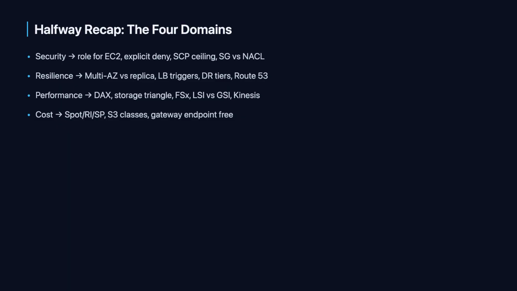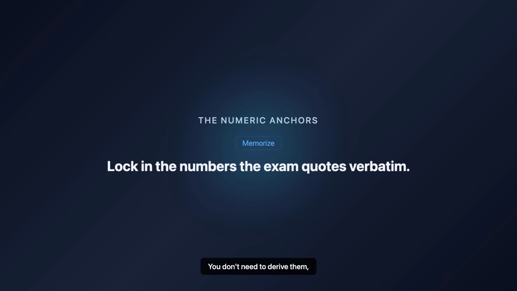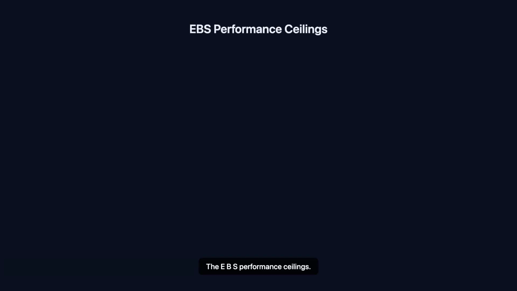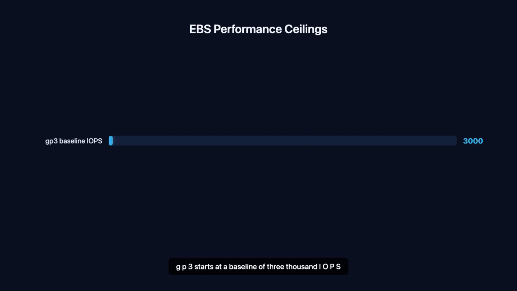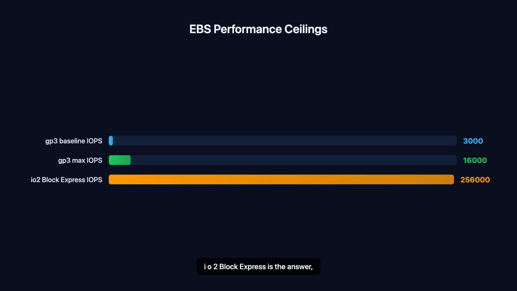Now the numbers. These are the numbers the exam quotes word for word. You don't need to derive them, just recognize them instantly when they appear in a scenario or an answer choice. The EBS performance ceilings. GP3 starts at a baseline of 3,000 IOPS and climbs to 16,000. When a scenario demands the very highest block storage performance, io2 Block Express is the answer, delivering up to